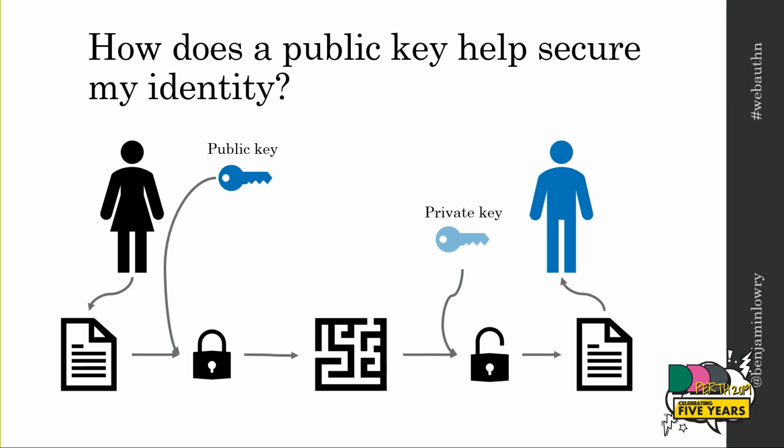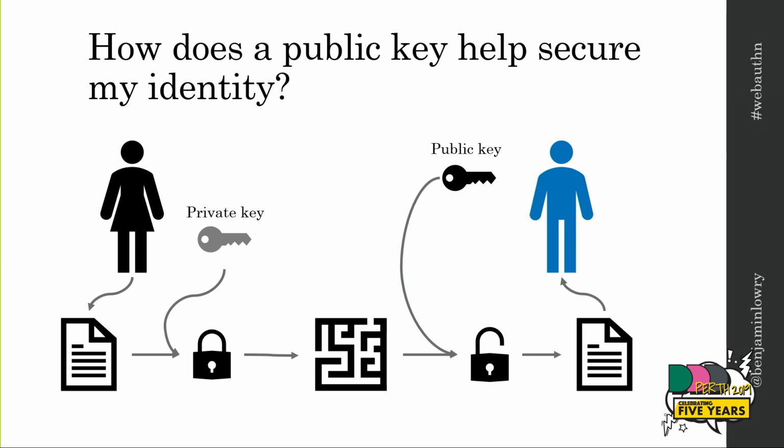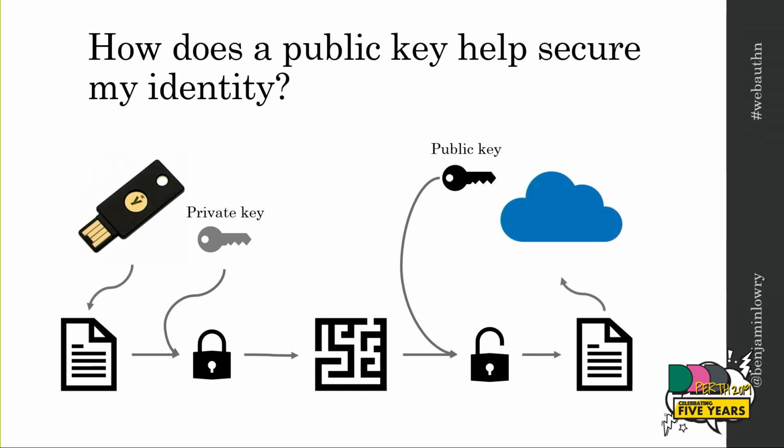We don't want to validate the recipient of the message. We want to validate the sender of the message. So to do that, we'll instead use Alice's public and private keys. And she can give her public key to Bob, encrypt the message with her private key, and Bob can decrypt it or validate it with the public key. And in doing that, it means that only Alice could possibly have sent that message because she's the only one who has the private key. Now, in our case, you could replace Alice with the Authenticator and Bob with the website server. So that's essentially what we're doing here. We'll send up a public key, sign some information, and the server can use that public key to validate it.